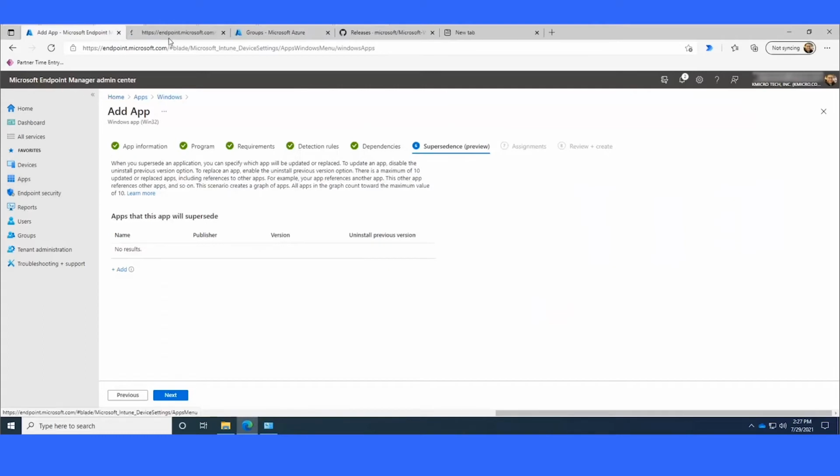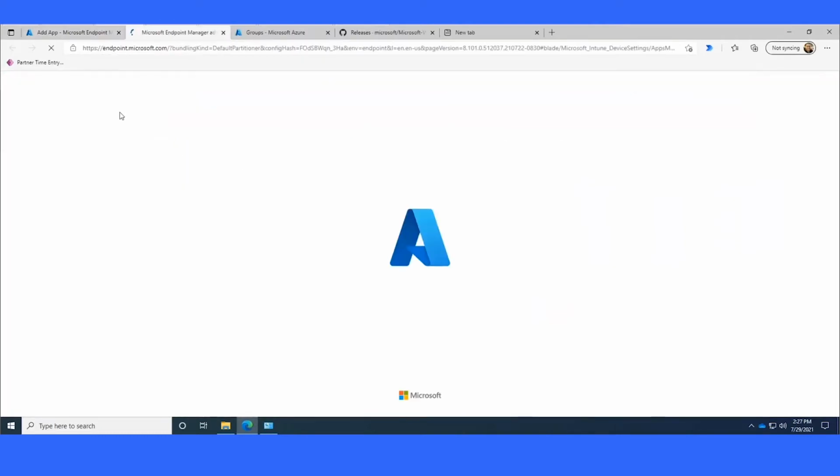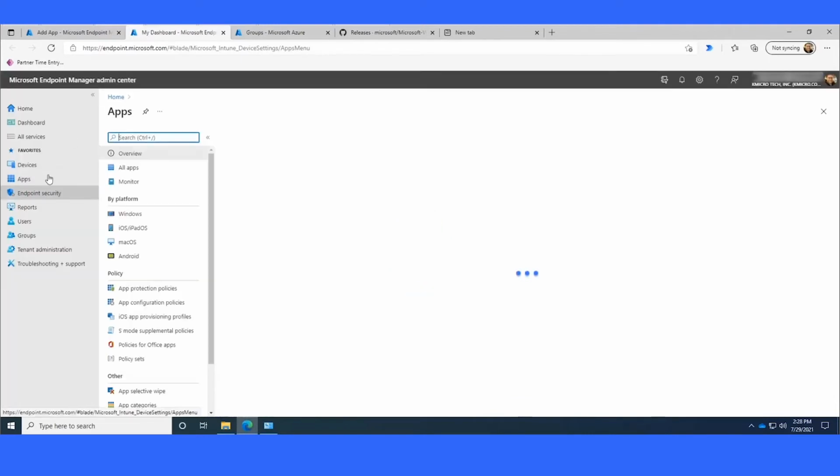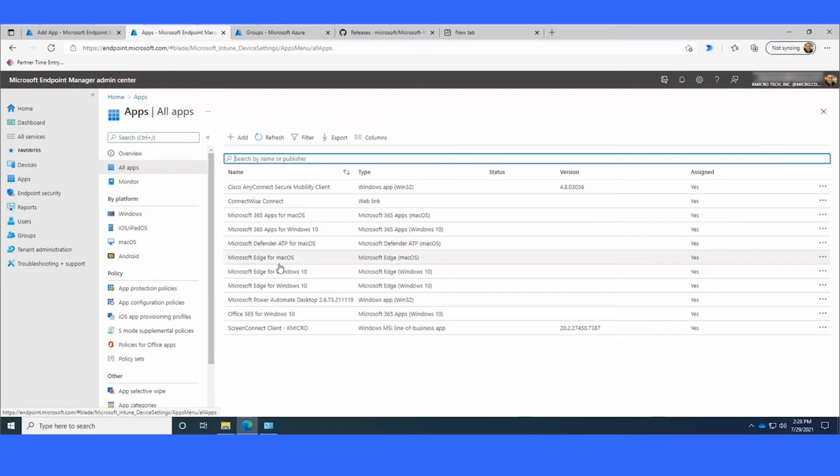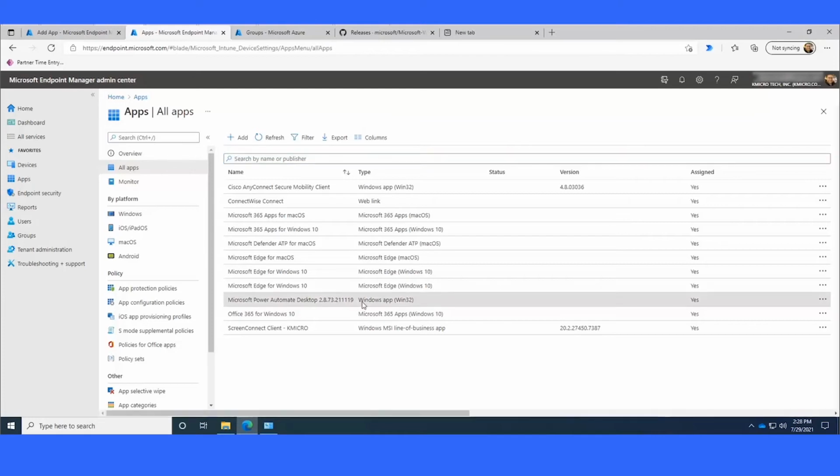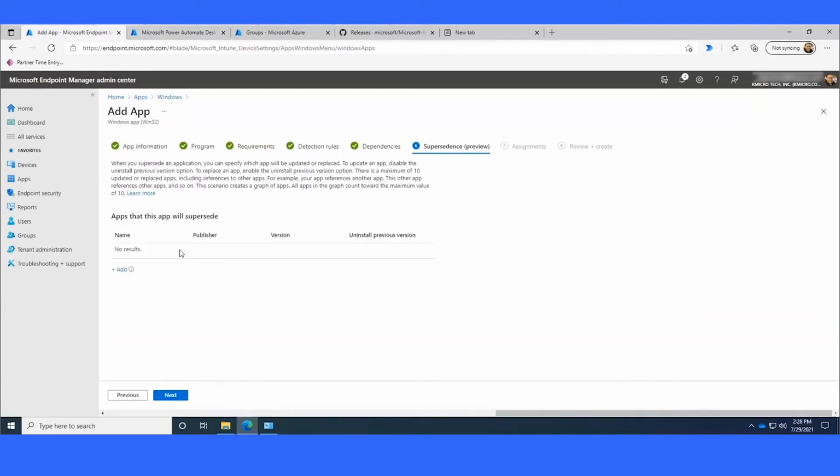And if I check Intune, because this is how I deployed it to begin with, you'll notice that I used Intune to deploy Power Automate to this workstation that I'm currently running on. So I've got the Microsoft Power Automate Desktop 2.873.21119. What I can do is supersede the old application, and this is how you're going to update